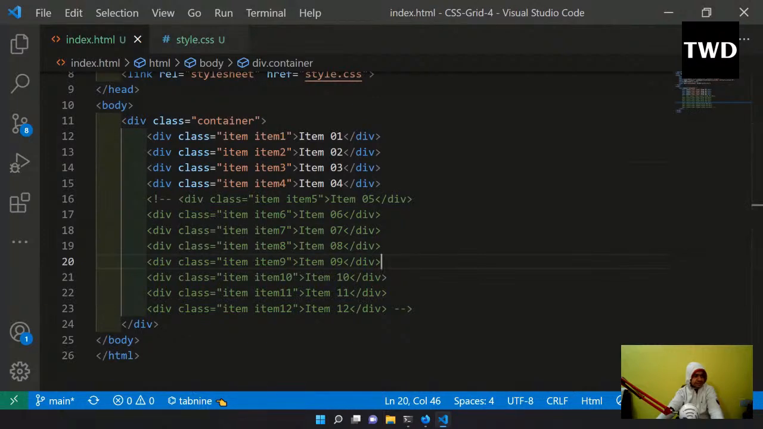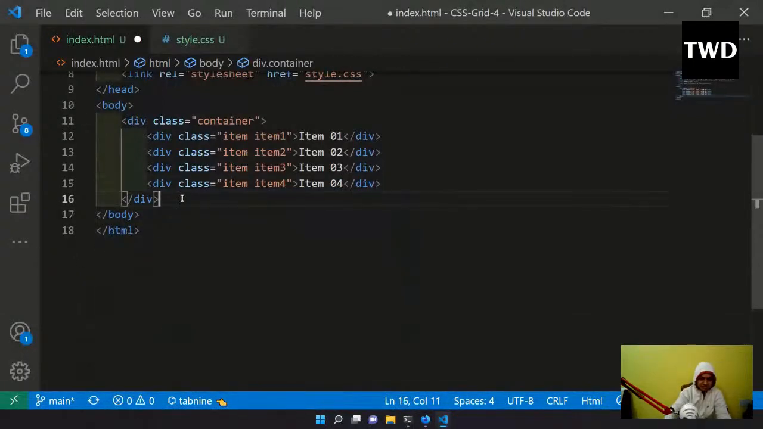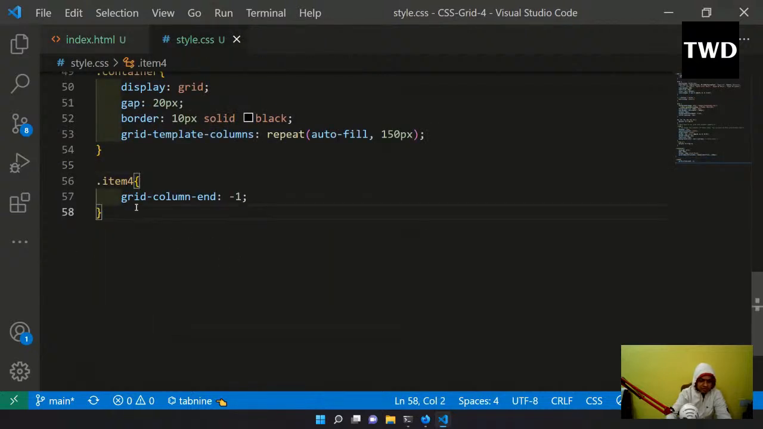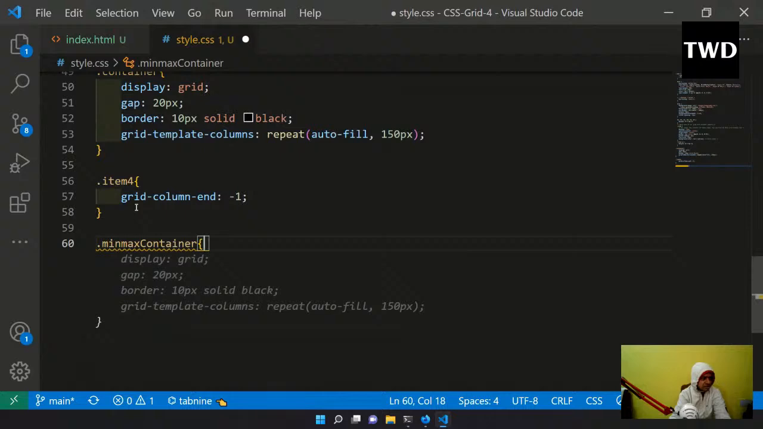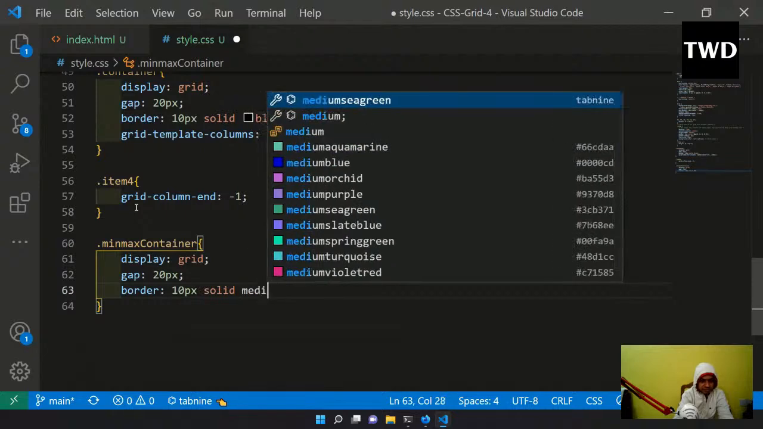Let me remove things so they are outside this container. I'll have another container known as min-max, and it has item 5, 6, 7, 8, 9, 10, whatever is there. So I will do this. Come here, .min-max, display grid. Display is grid, and gap is 20px. Border is 10px solid, medium, blue maybe,